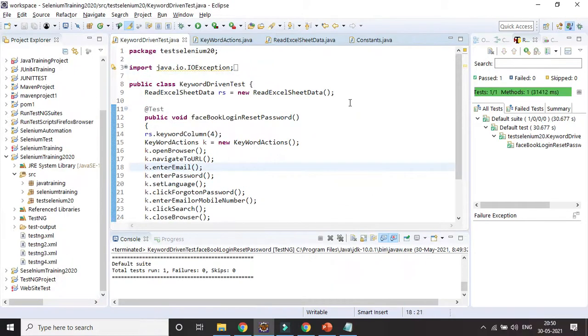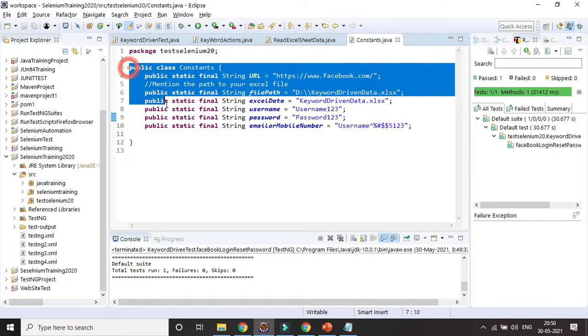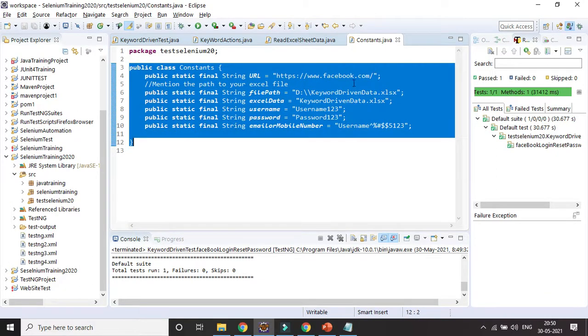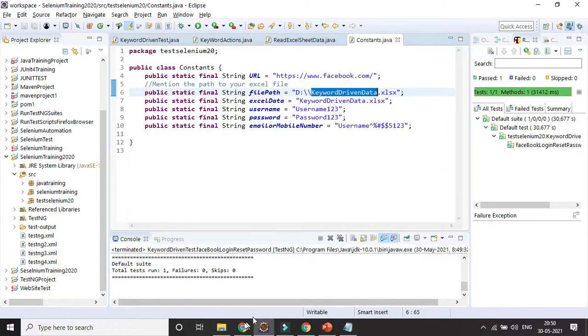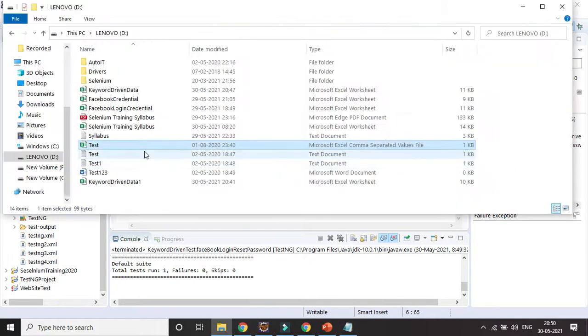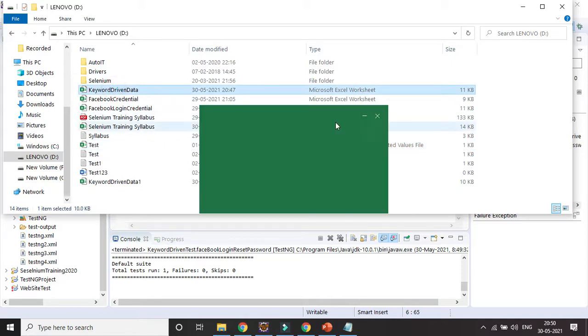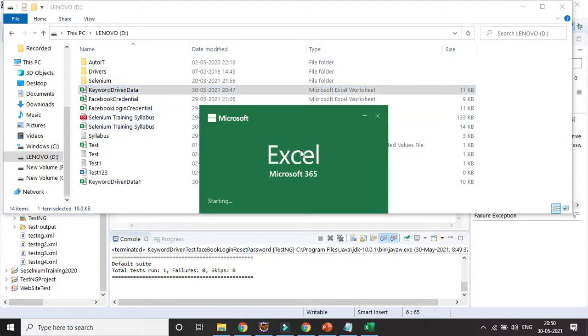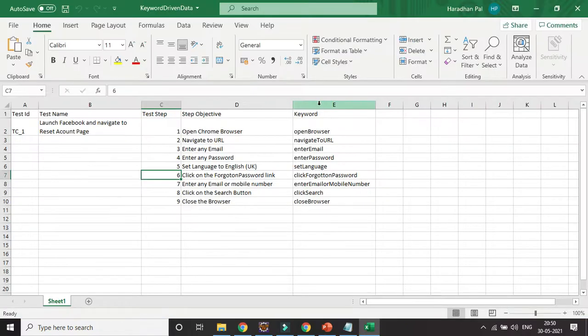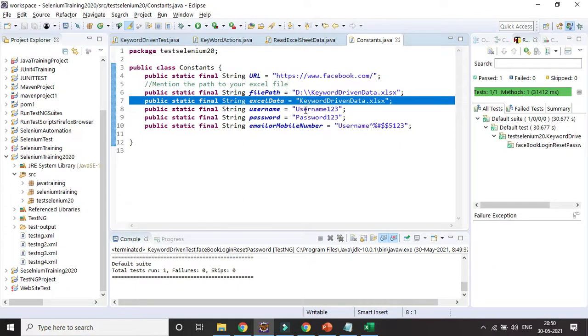Okay, maybe for the other part some error was there, and I was not able to fix it at that time. But in the same way, you can see here the constant class I have created. I have tried to give the URLs and the data provider reference. This is the test data sheet, we can give it. Here we are trying to create the test cases with the help of a keyword driven approach, and we are also giving the Excel data, username, password, everything.